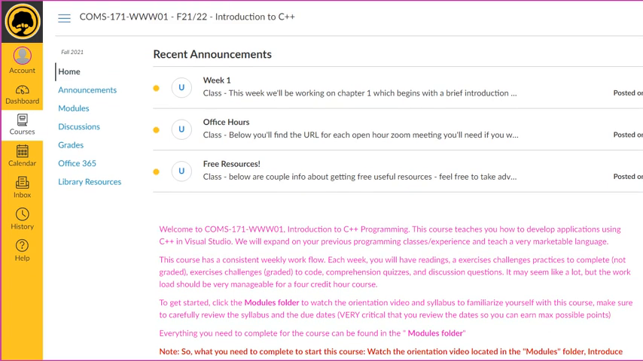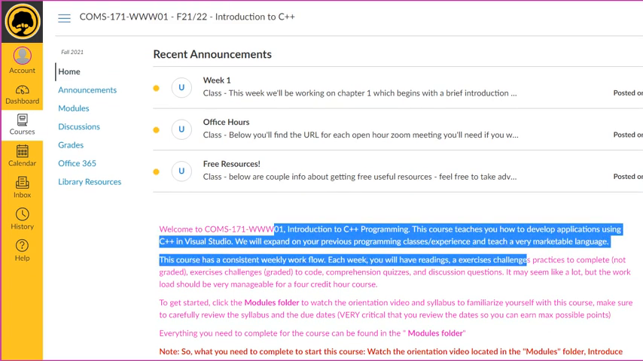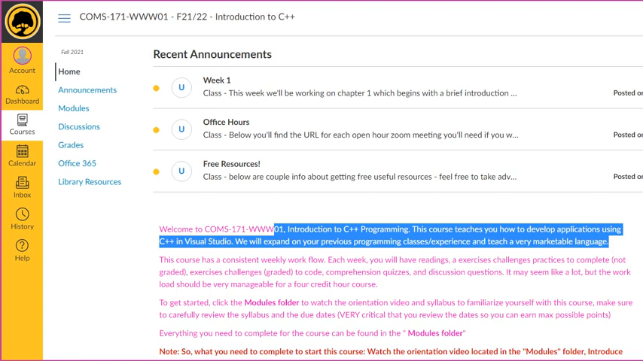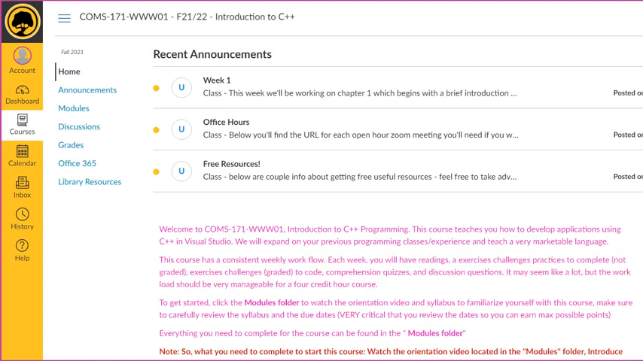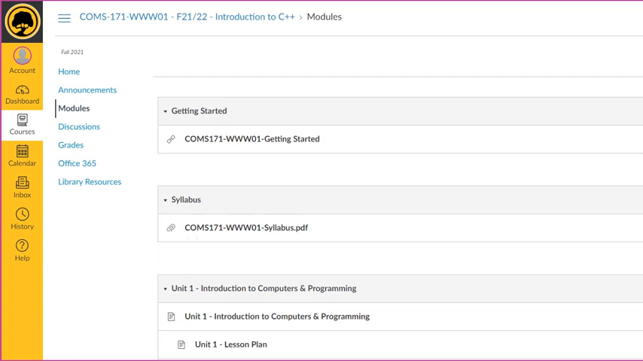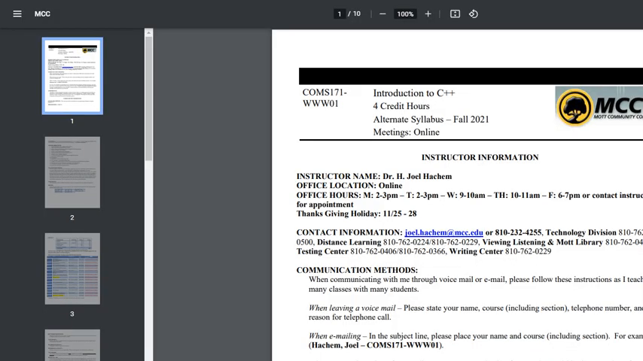As you can see, it gives you what we're going to do, which is an introduction. Then you'll have weekly work that you'll need to complete. It tells you to go under the modules folder, which will allow you to get your syllabus, which we'll cover in a sec. And then you'll start seeing the units, which we'll talk about in a sec. So, starting with the syllabus,